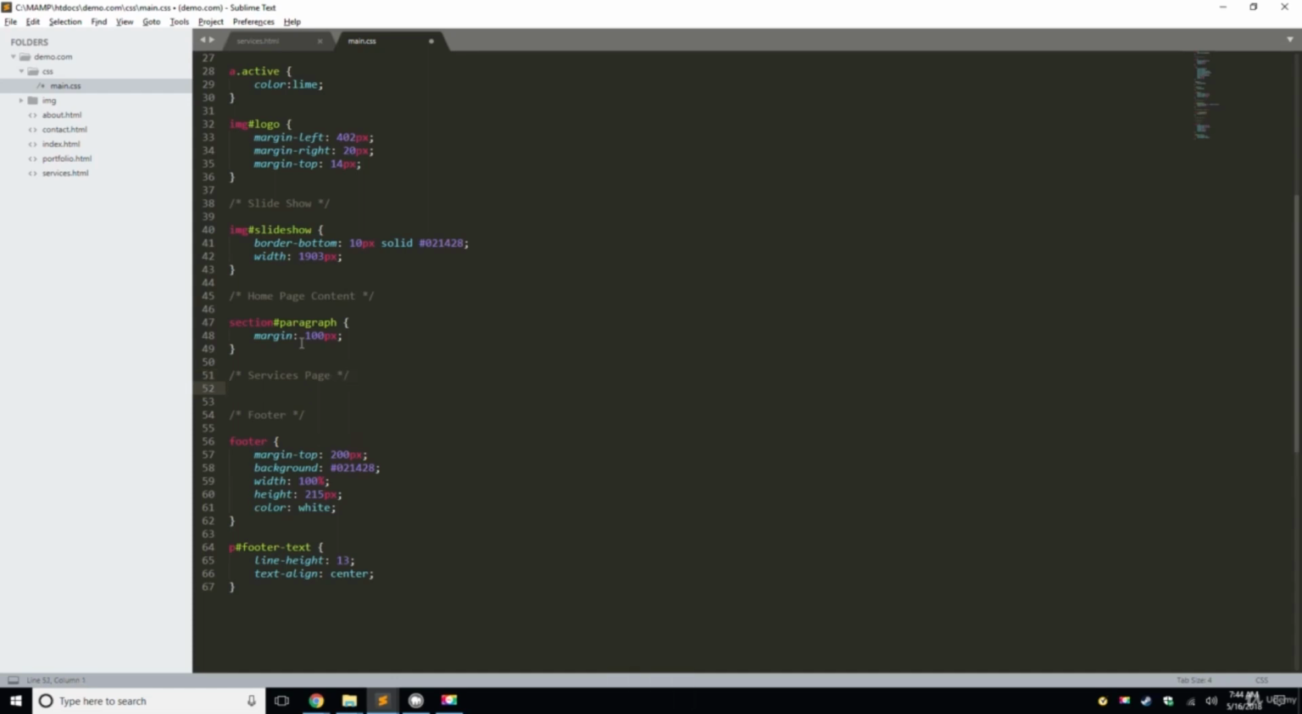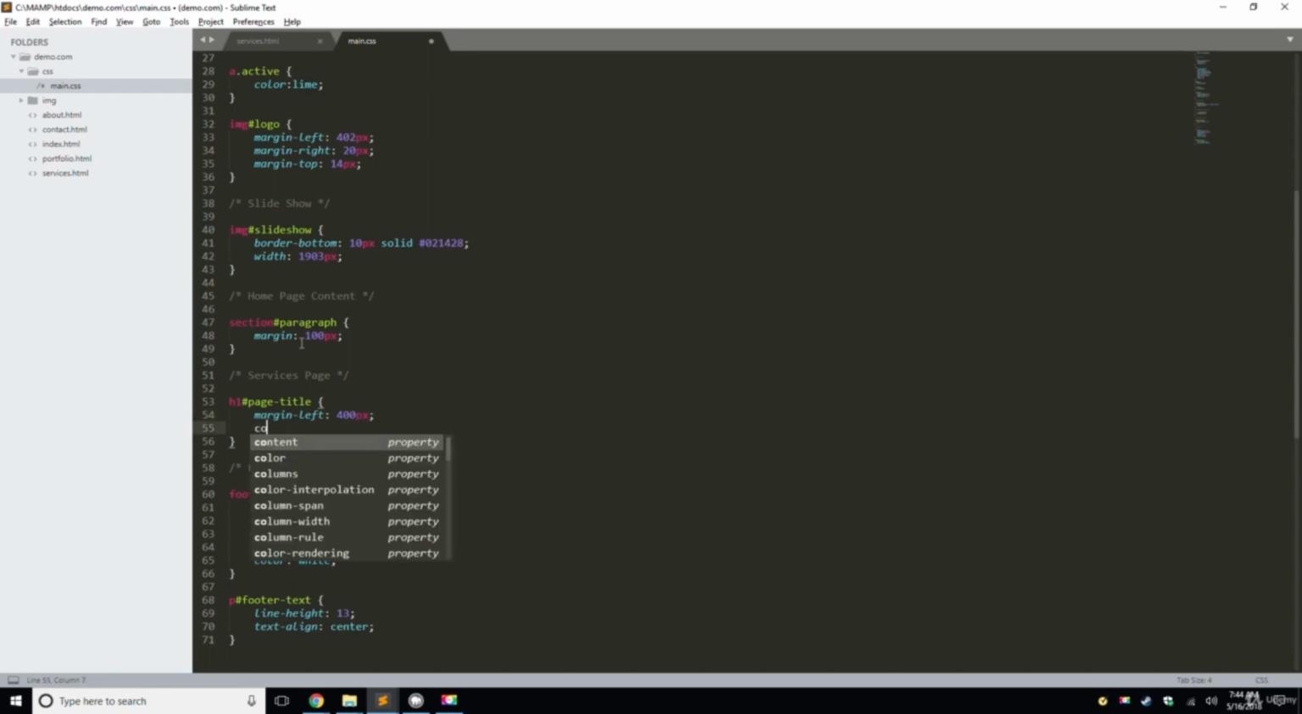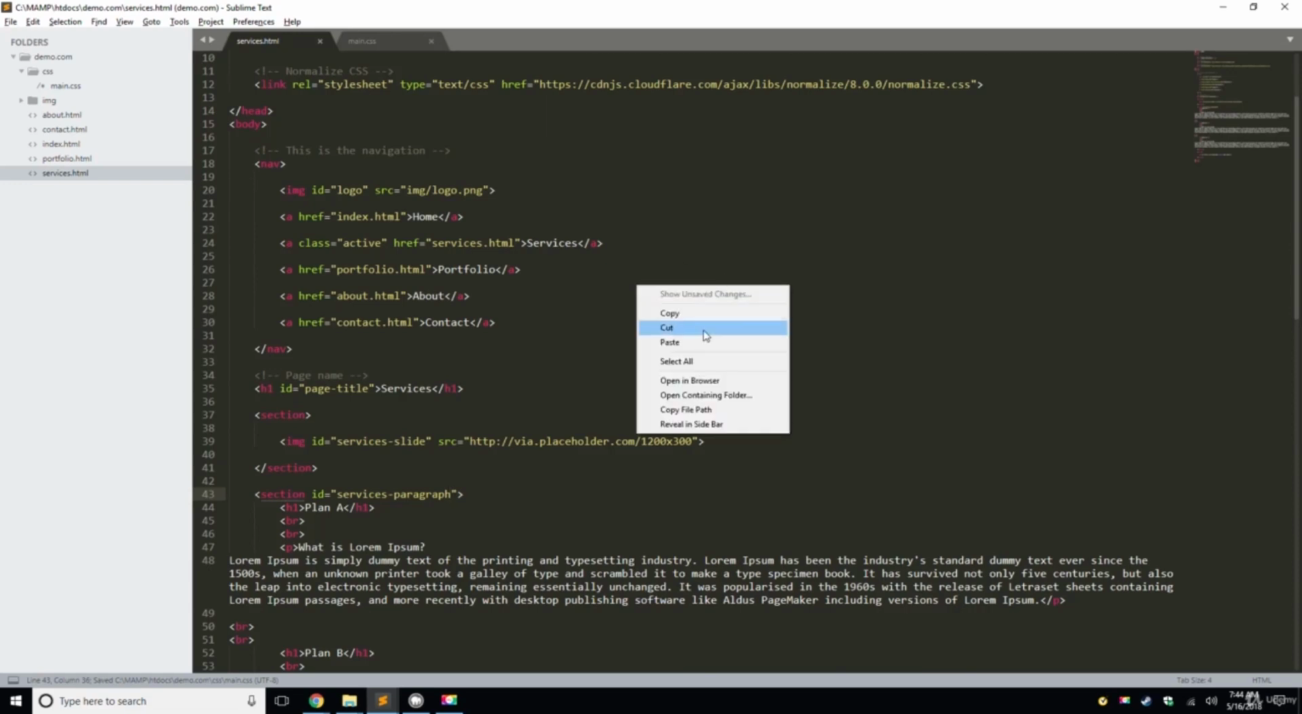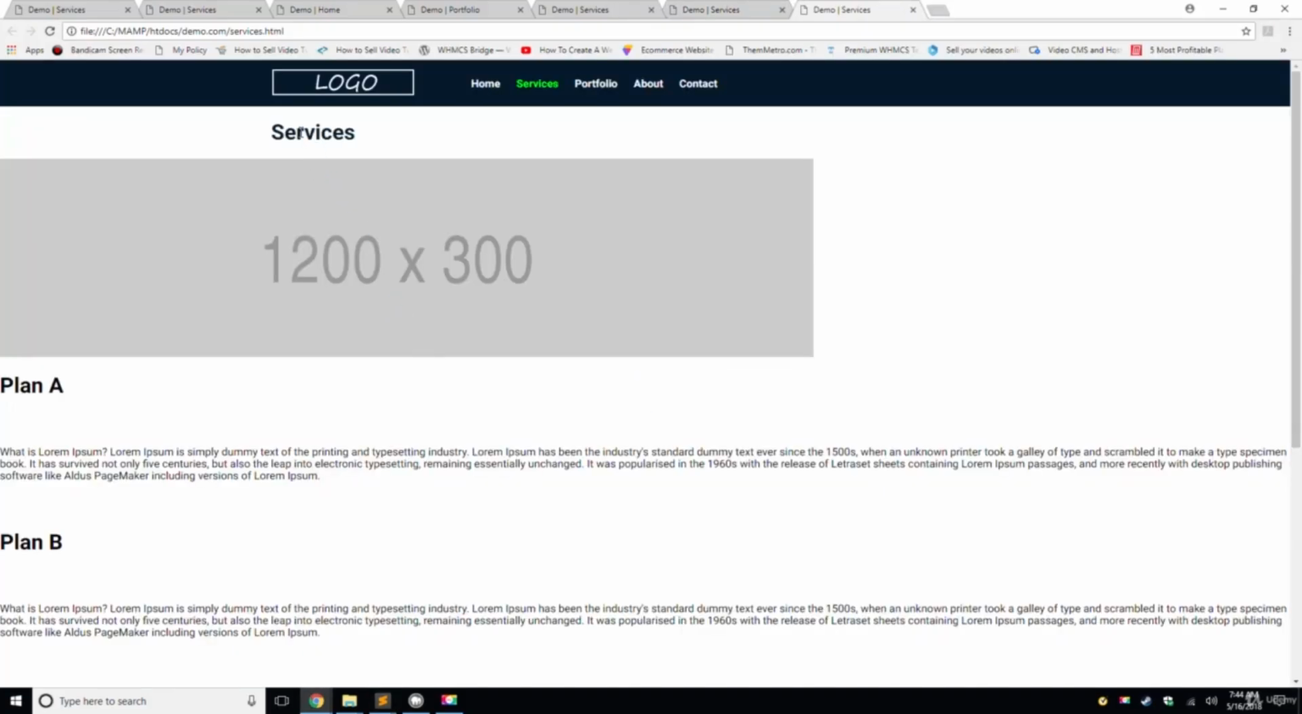Okay, and then we're going to return again, and I'm going to type in h1 hashtag or ID page-title, curly brace, margin-left 400 pixels. Okay, then we're going to do color hashtag 021428. Okay, we'll save that. Let's go back, right click and open in browser, and you'll see that the services is lined up with the